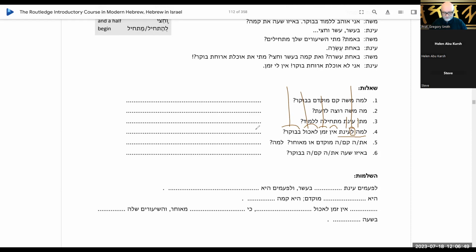That's right. כי יש לה השיעור ב-11. Okay, so we could say, let's see here. Ki leha. There is, because to her, because there is, we need yesh in there. That goes down there. Ki yesh leha. Because there is to her, hashior, the class,